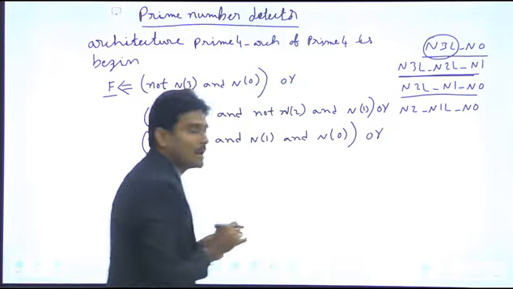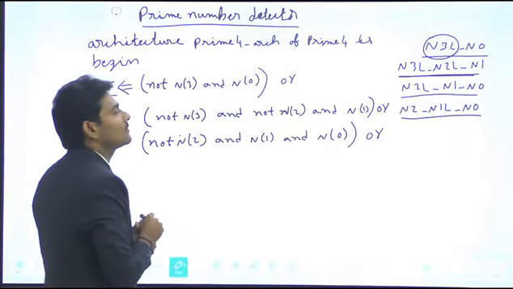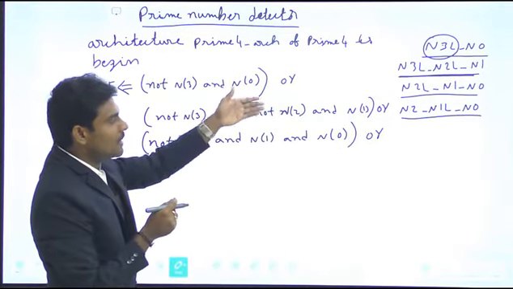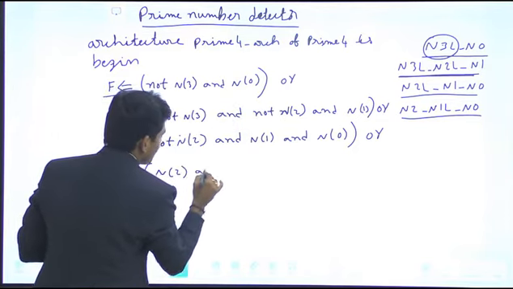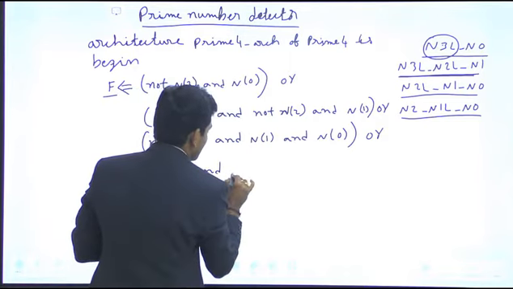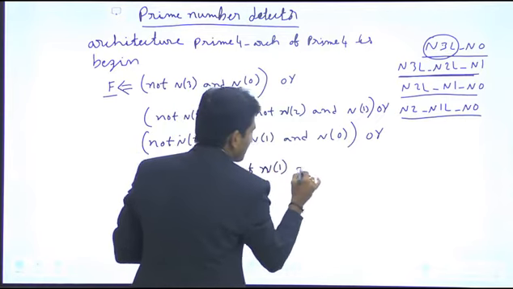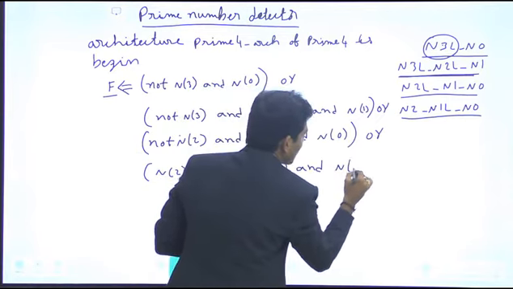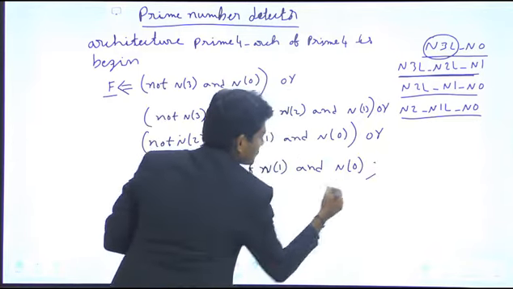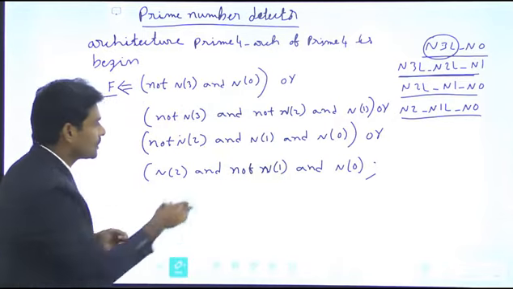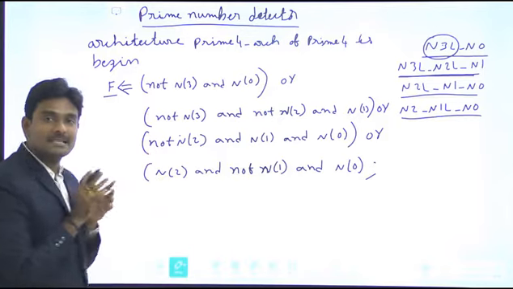Then this one once again ORed with the fourth input. This particular one, n2 underscore n1l underscore n0, that is nothing but n2 and with n1 bar and with n0. So n of 2 and with not n of 1 and with n of 0. Okay, so this is the last one. I wrote all 4 inputs, because of that I put a semicolon. So this is how to write a program by using a single statement.